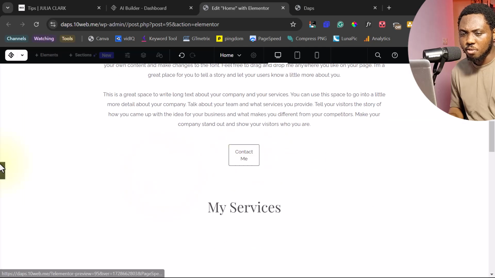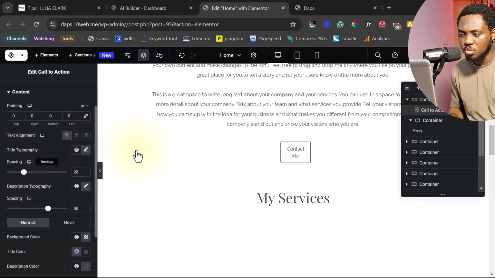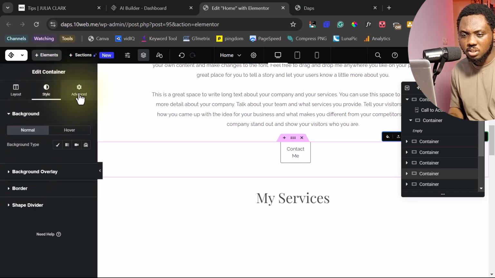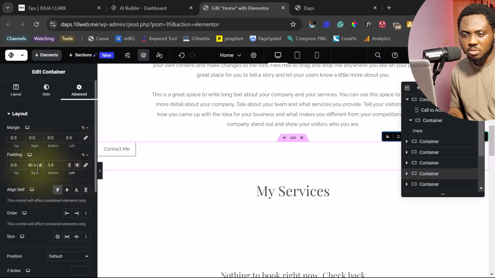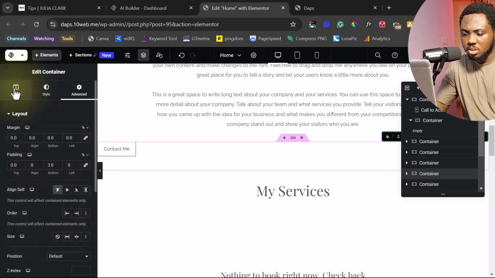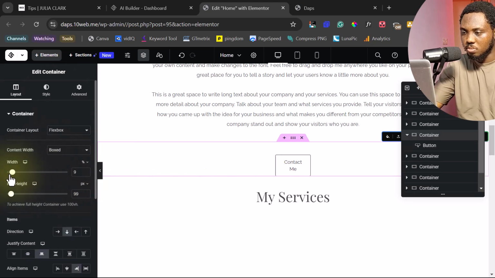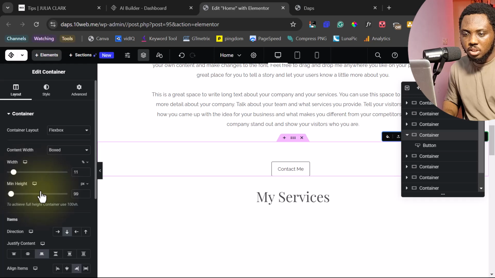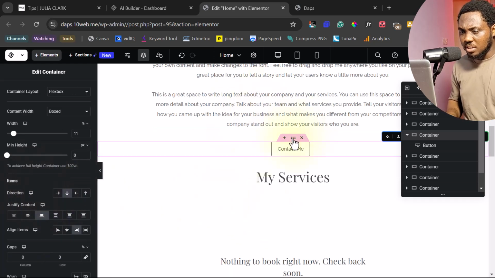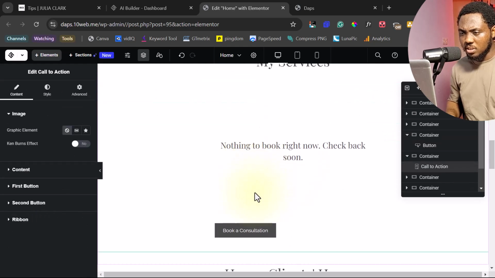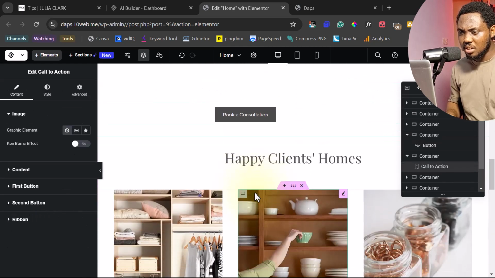You can come down here for our button. Let's try to adjust these two as well. Okay, I think that should be a container issue from here. I can come to style. Let's check this. Okay, so you can see I now have this at the center there, and I think that's okay. Okay. Coming to the next thing here,